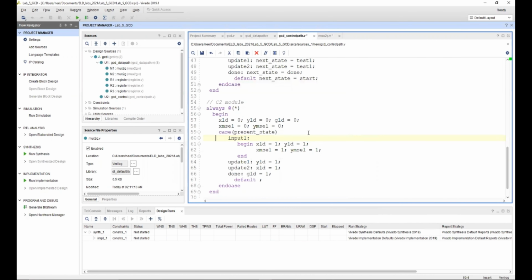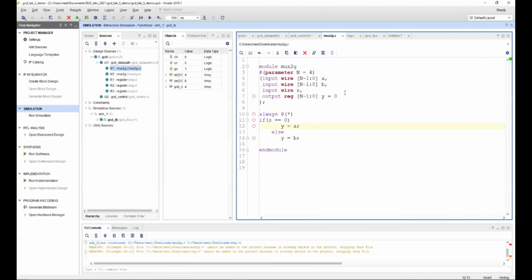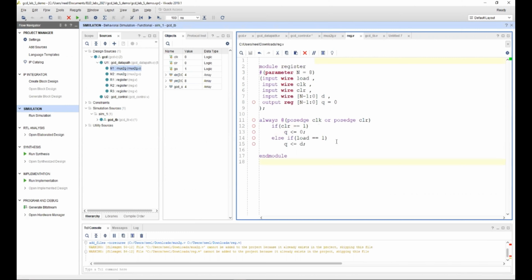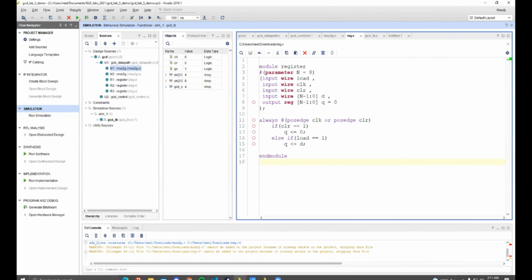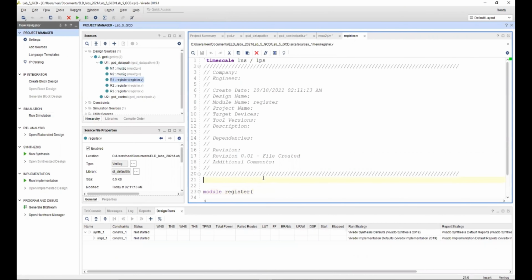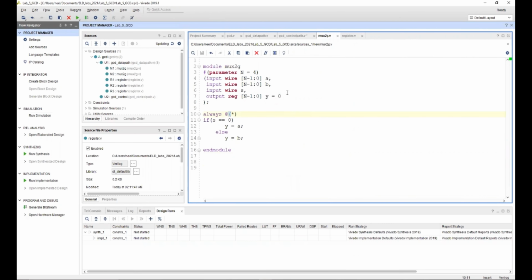This is the mux register. Yeah, this is the register. So I'll give you a brief description of how to design this mux and register.